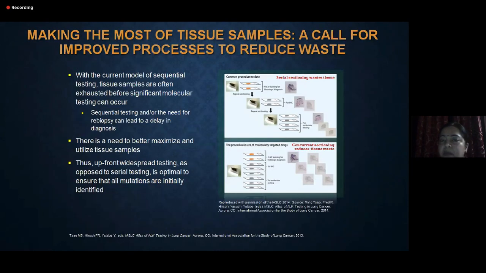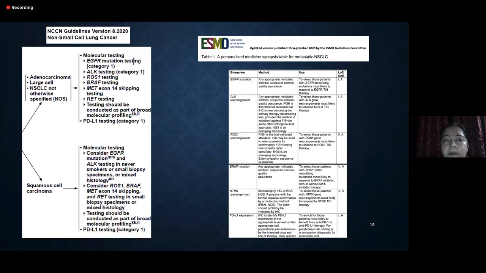We have to make the most of the tissue sample that we receive, and right at the outset in lung cancer, we know that this patient will undergo molecular profiling. So we need to talk to our pathologists and make sure that they conserve the samples. Instead of doing serial sectioning, they should do concurrent sectioning so that we reduce the tissue wastage. Today, without getting molecular profiling done for our lung cancer patient, most of us will not start therapy.